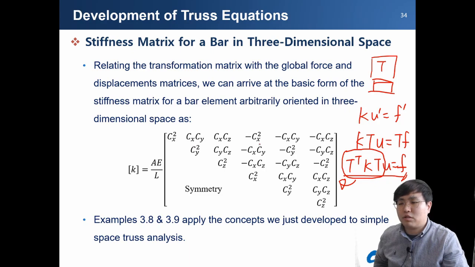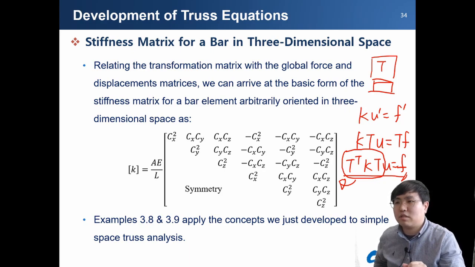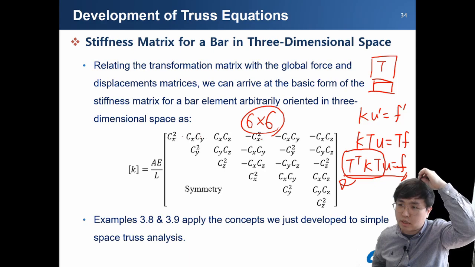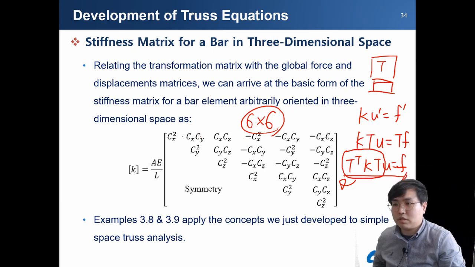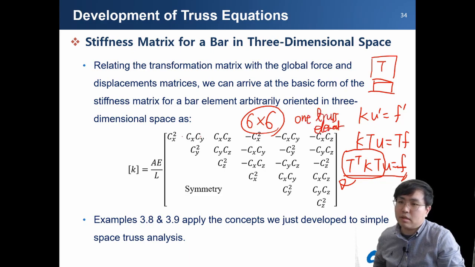Although they look like very complex elements, we can simply derive this local stiffness matrix. But just remember that it has a 6 by 6 local matrix size, and this is only for one truss element. So if you have two elements, for example,